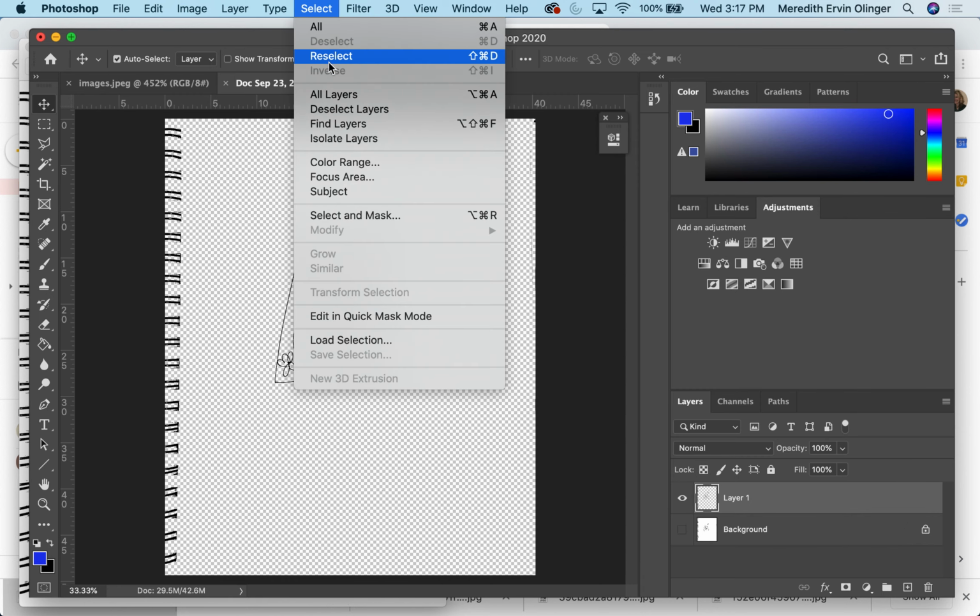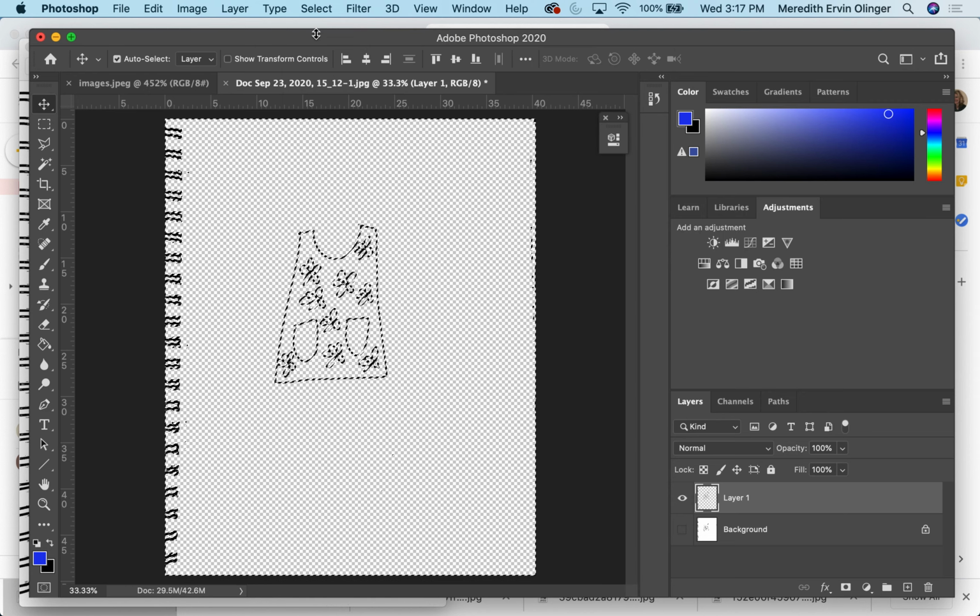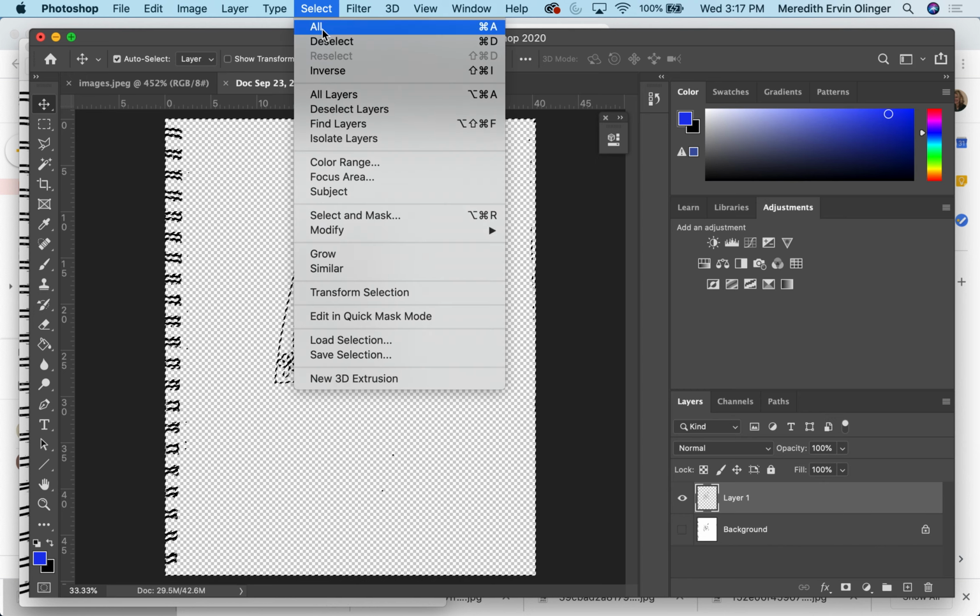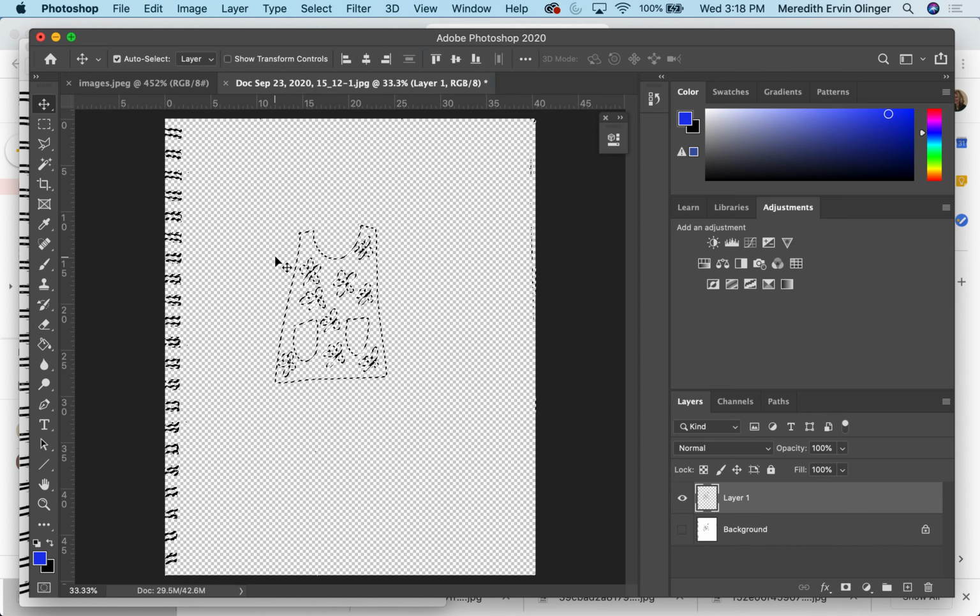Now I'm going to go to reselect. So that selects the background, which we got rid of. And now I want to select the inverse. Okay, and I'm going to press Command Delete. Now on your computer that should work. Mine, for some reason, when I